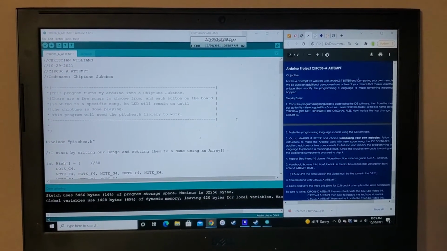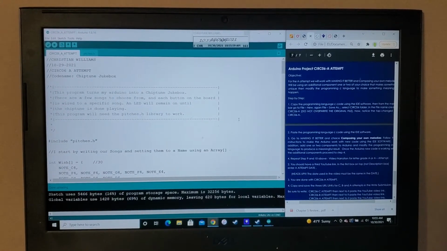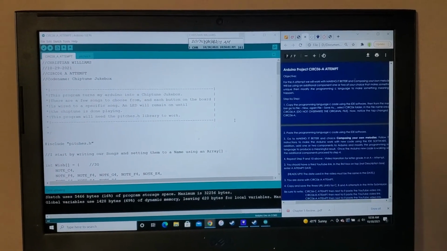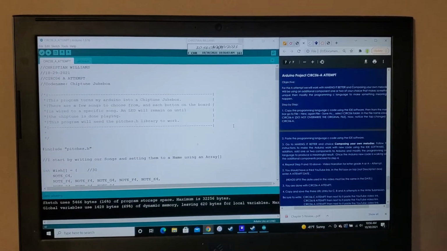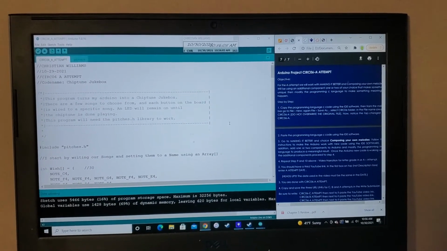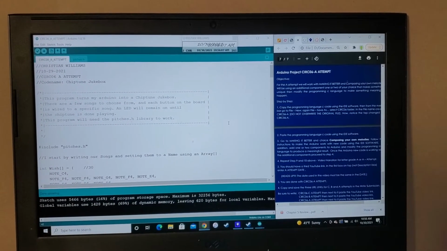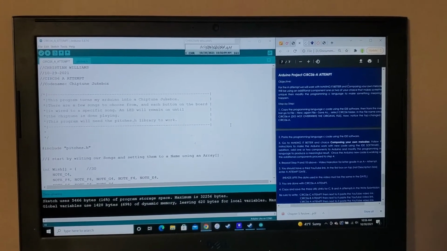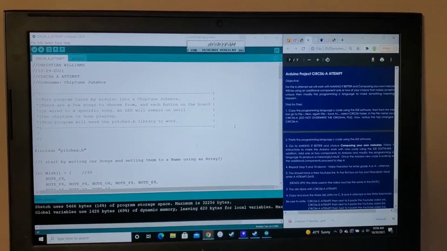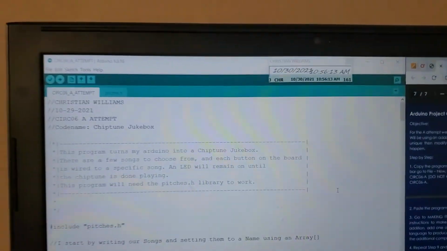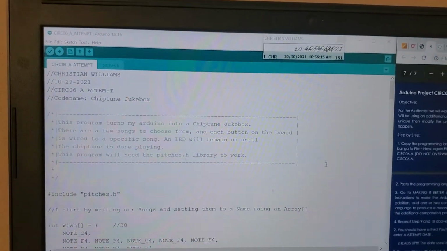So mine might look a little different than the B and C attempt because I'm working off of that knowledge, but it should still satisfy all the requirements outlined in the A attempts, where we are creating our own melodies and adding different components to make it interesting. So for my Circ A attempt, you might